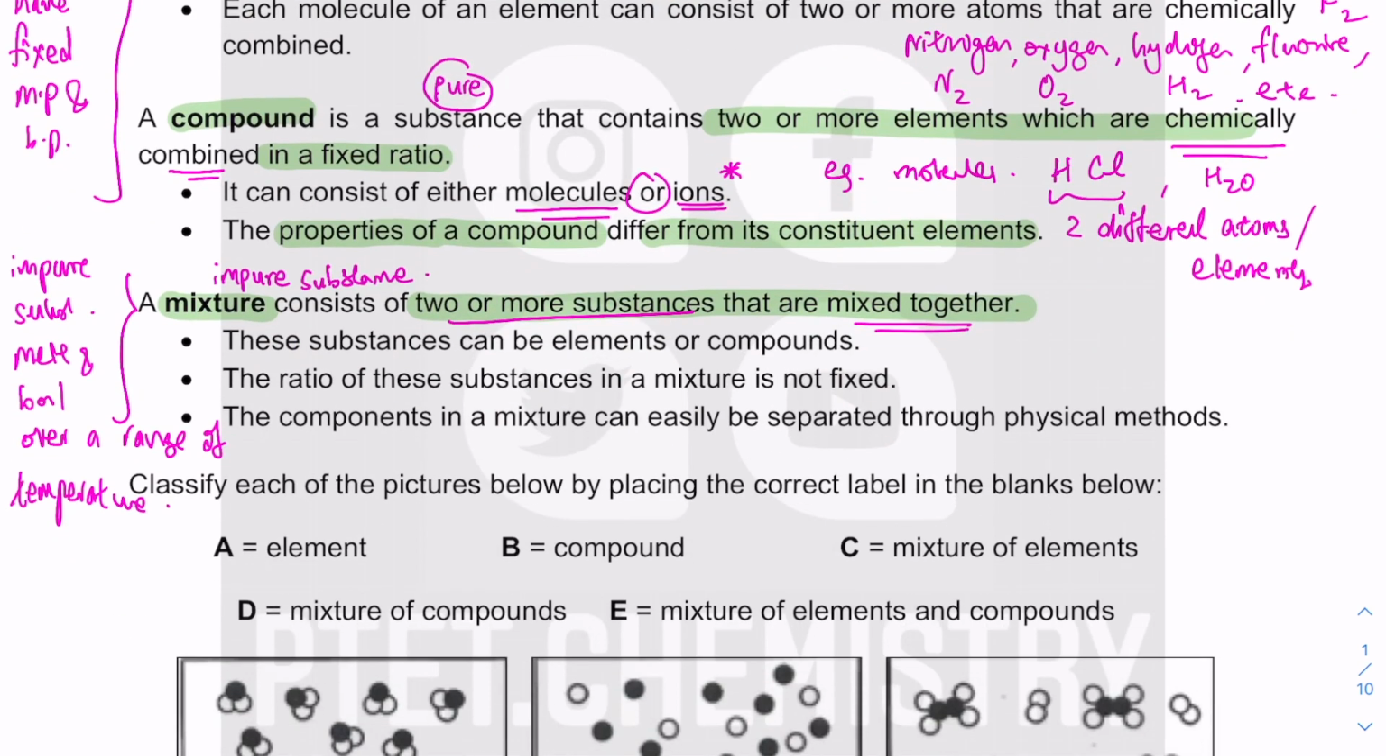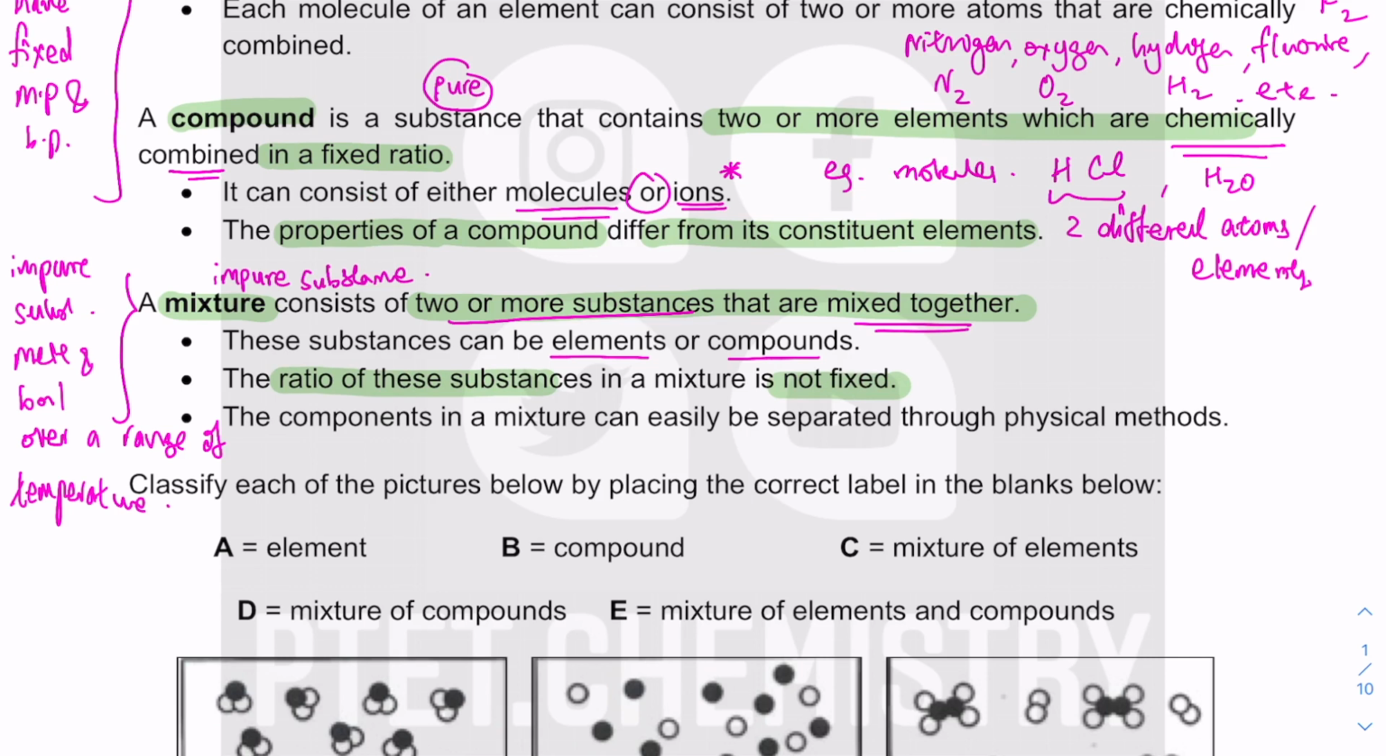So you can have a mixture of elements, you can have a mixture of compounds, or you can have a mixture of elements and compounds. There will still be a mixture. What is important is that the ratio of these substances is not fixed. So questions can also ask you,